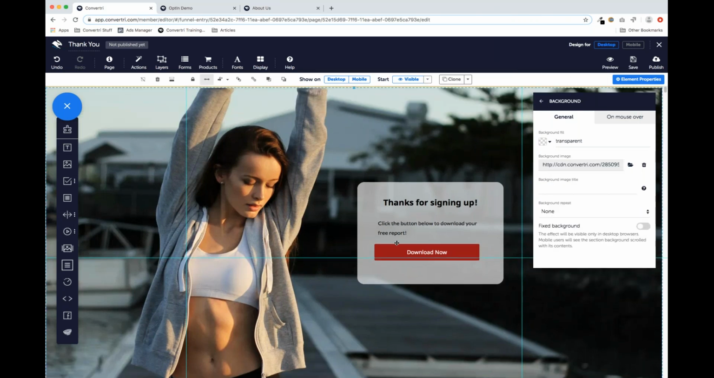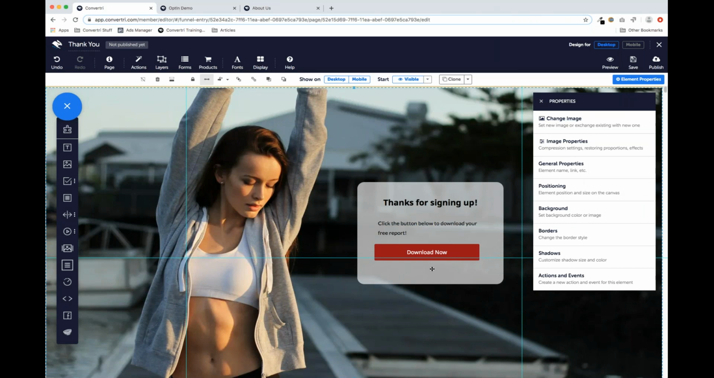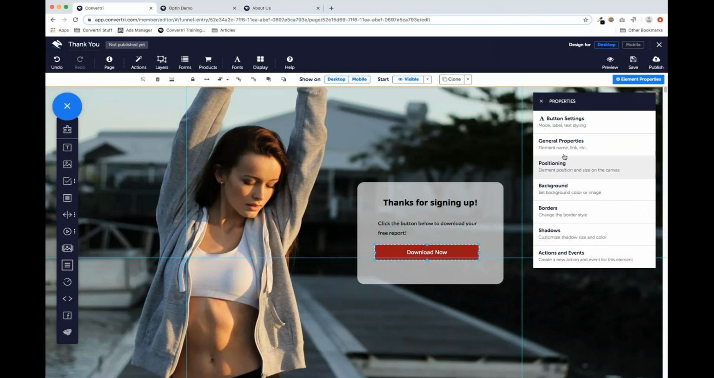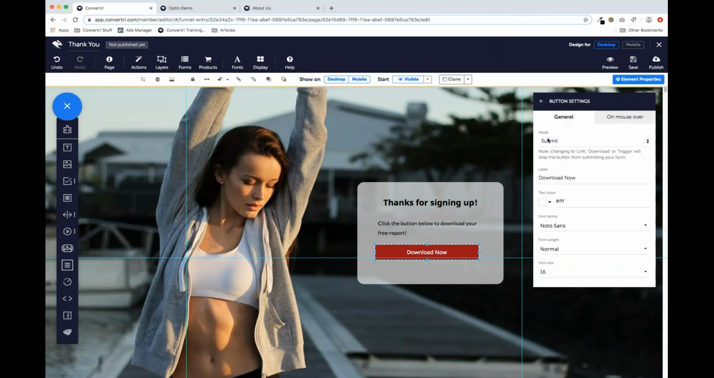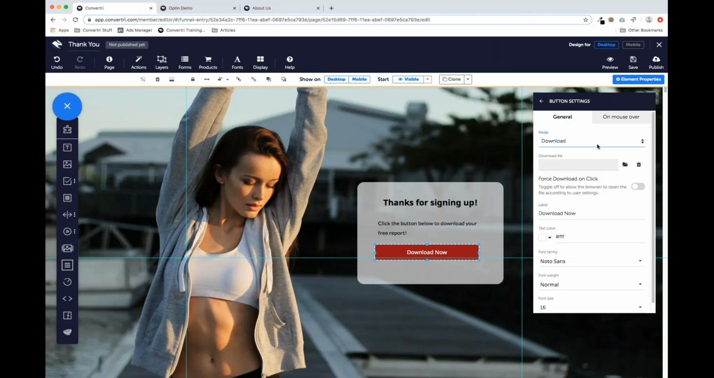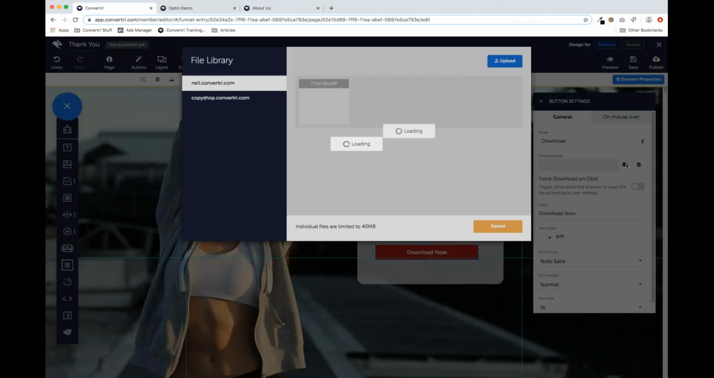Now we want to make it so that when someone clicks this button, they download our lead magnet. And the way we do that is we select the button, go into button settings, and we change the mode to download. And now we can select what file we want them to download when they hit the button. So we'll click on select file, and you can see I've already got the